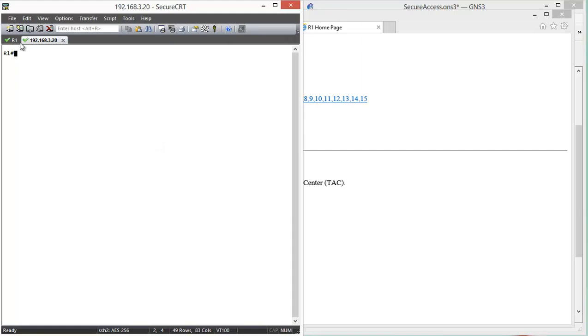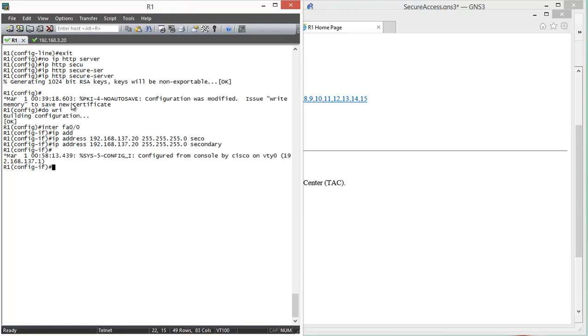The first is using banners. Using banners could be a good way to have good reasons when, for example, a hacker hacks you and, in a court, you want to complain about him and say that we warned him when he connected to the device. For example, some network administrators enter "welcome to the device." This is not a prohibited message and it does not say that you could not connect to the device, and